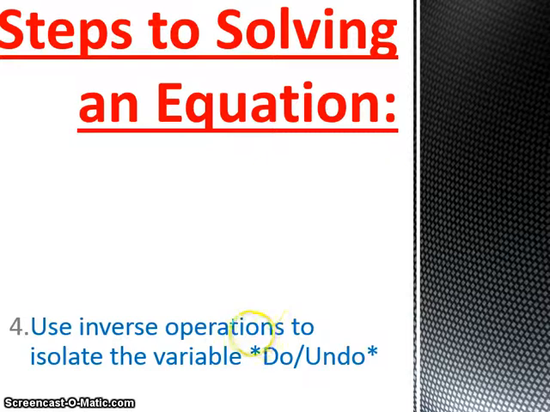Previously, we talked about the step to solving an equation, and that was to use inverse operations to isolate the variable. And we talked about creating a do and undo chart to help us know what operations to use. But in actuality, with a multi-step equation, using inverse operations to isolate the variable is the 4th and final step